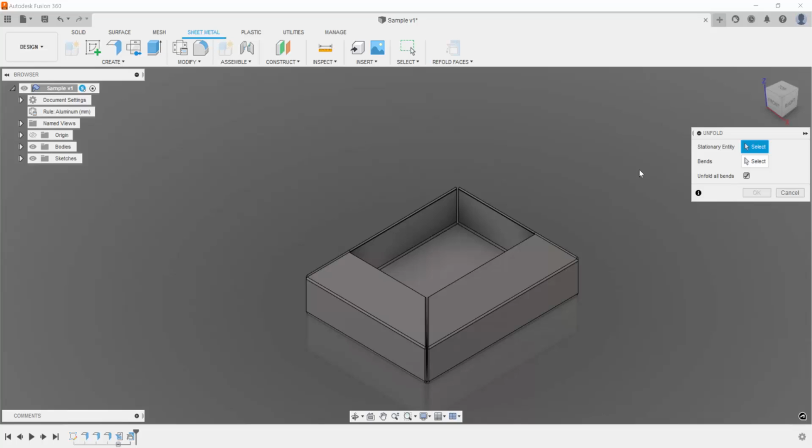If I go ahead and click on the unfold option, you can see from the menu, it has a couple of options that it needs me to select. The first one being the stationary entity, the second one being the bends, and the last one being unfold all bends. So if I just uncheck this box for a second and go ahead and select the base of